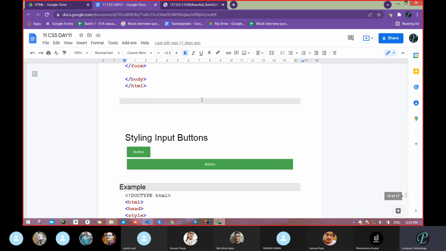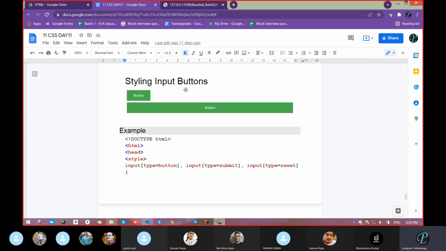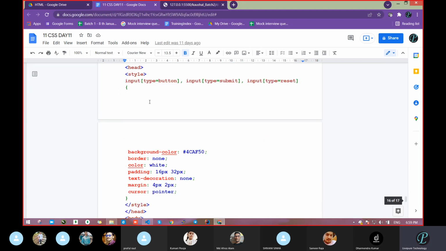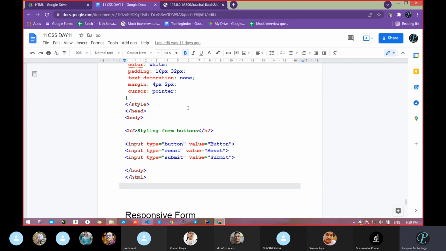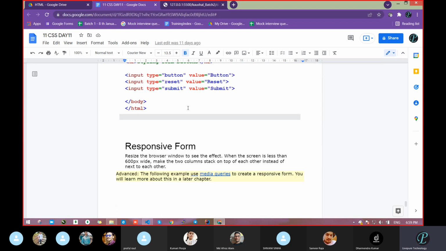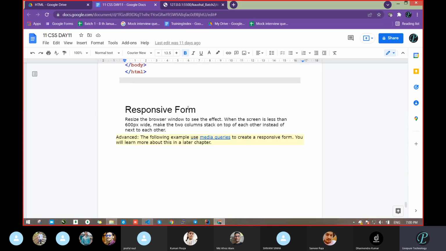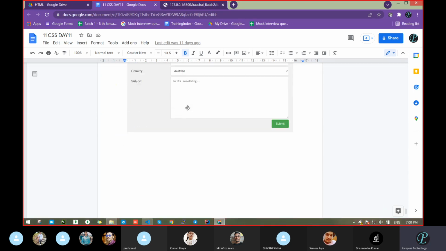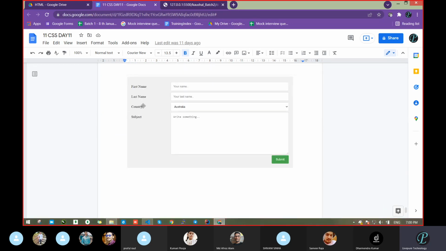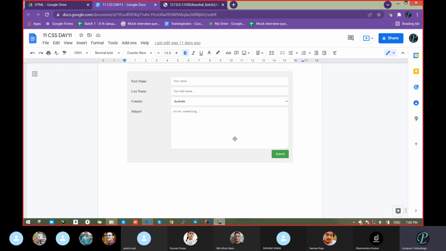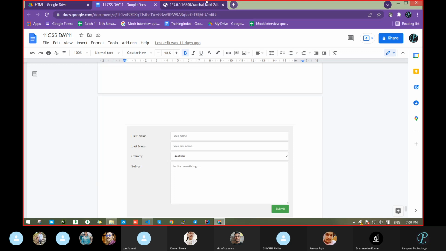Okay. Then menu is also a styling input button. Button is already there. If you want for this purpose, you can go with this also. There is one button type reset. It's not going to do anything, but with the help of the reset button, mostly we take that name and use it for resetting the form. So this is your form. First name, last name, country, subject. This type we have to create.